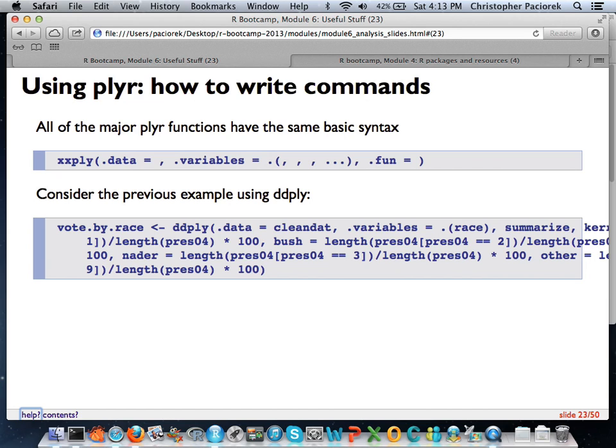But when we put summarize out here, all it's going to return is the return values of these functions that you specify over here on the side. So that's why we're calling ddply. And again, this object that it's going to create, with columns for Kerry and Bush and Nader and other, it's going to return as a data frame.